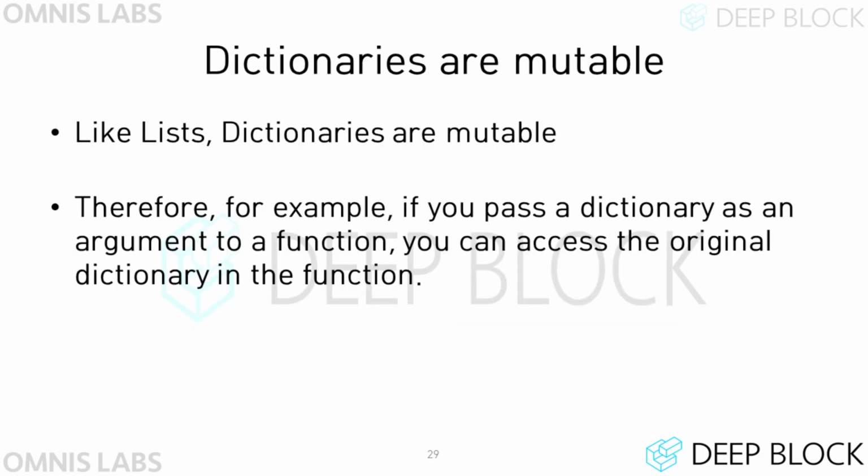Dictionary is a mutable data type. Therefore, it is also possible to change the value associated with the key in the dictionary, or to add new keys and values to the dictionary. And when a dictionary is passed as an argument to any function, the original data address is assigned to the parameter, and the parameter inside the function refers to the address of the original. Therefore, it is possible to change the argument dictionary even inside the function.